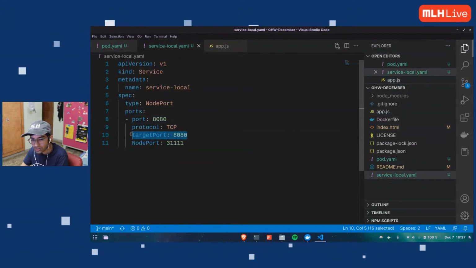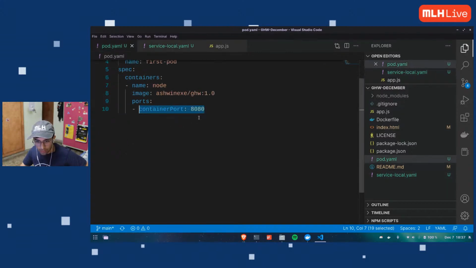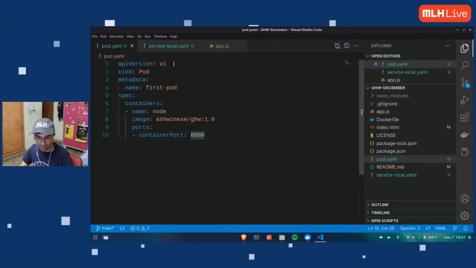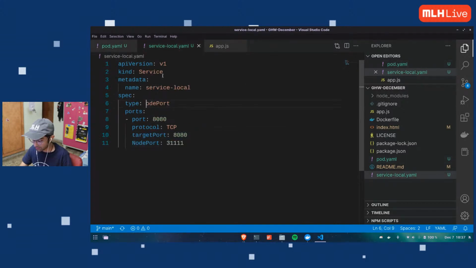Target port is the port that we opened right here, inside the application, then inside the container, and then inside Kubernetes. That's how it goes. Yep, I have written nodeport, you are right, it's small n. Thank you so much for catching that.